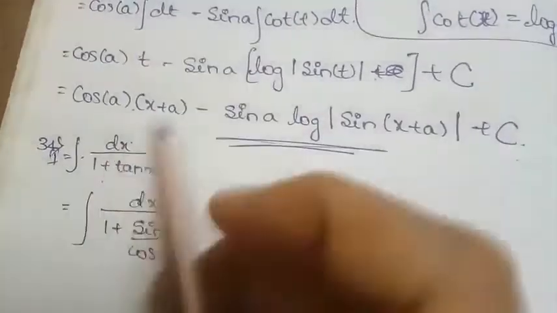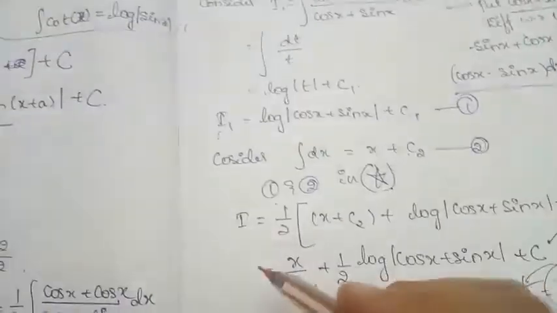So what was that question? It was the integral of dx divided by 1 plus tan x. All the three questions which I solved right now, one question is this one, another one is this one, and another one is that, what is